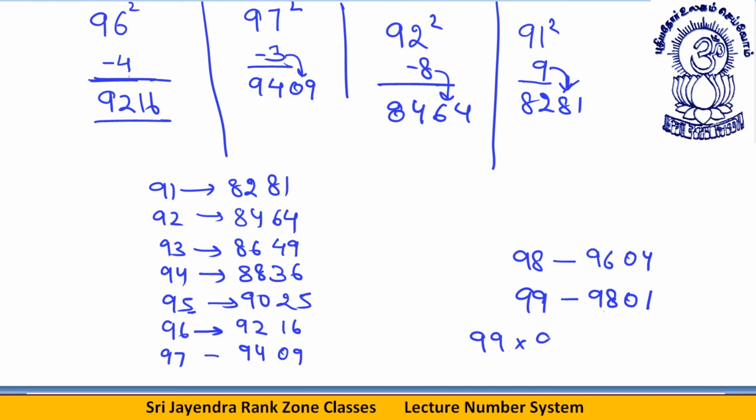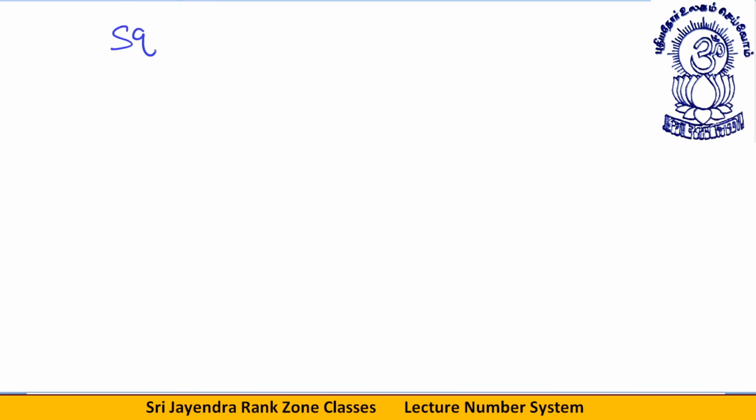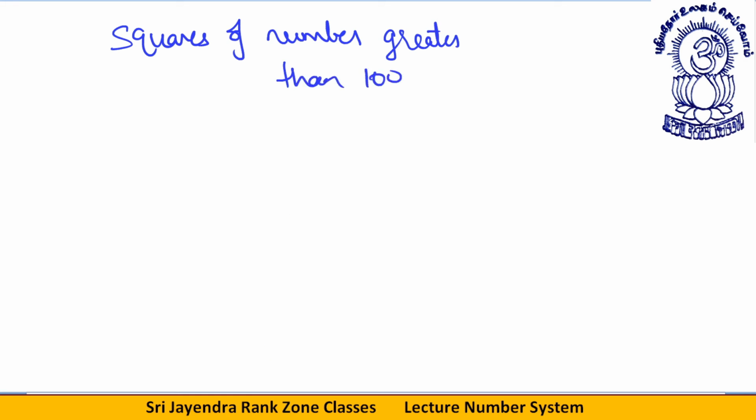Or the other method I told you was what? This is 99 multiplied by any two-digit number. You will subtract 1 from this 98. 9 minus 9 will give you 1, 9, and 9 minus 8 will give you 1. Both ways you are getting the same answer. I am sure, student, this must be clear to you. Okay, let's move to the next part. Squares of numbers greater than 100. Okay.